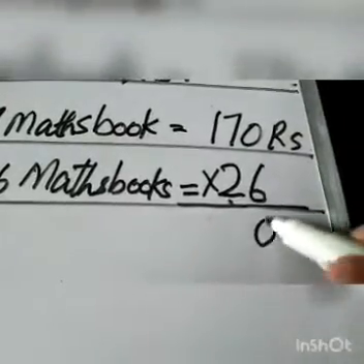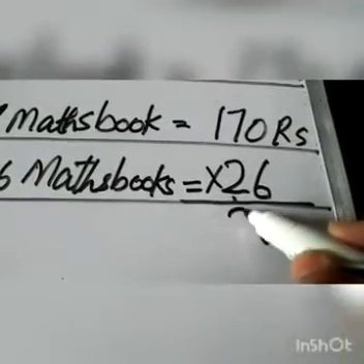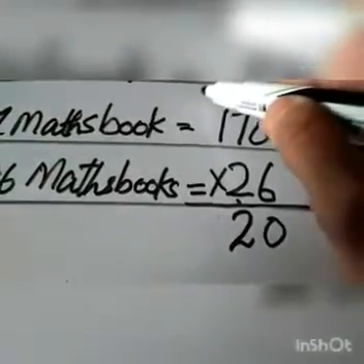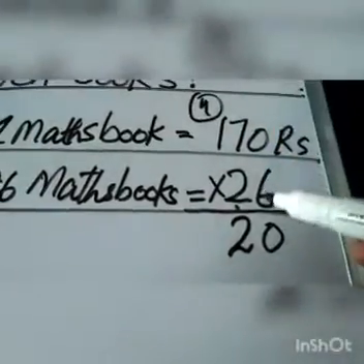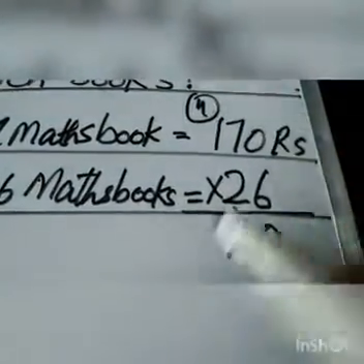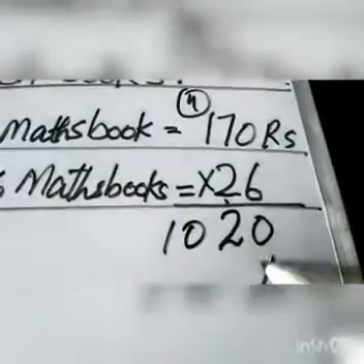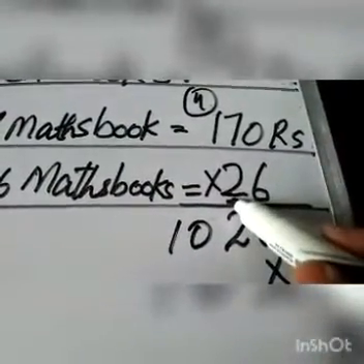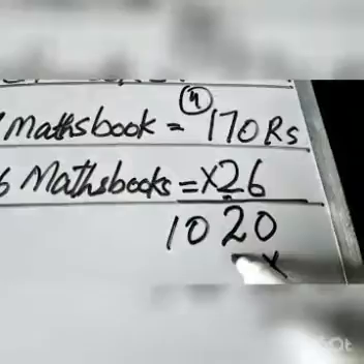0 times is equal to 0. 7 times is equal to 42. We have to write 2 under the tens column and 4 carry over the next. 1 times 6 plus 4 is equal to 10. Now second digit from 26, that is 2. 0 times is equal to 0.